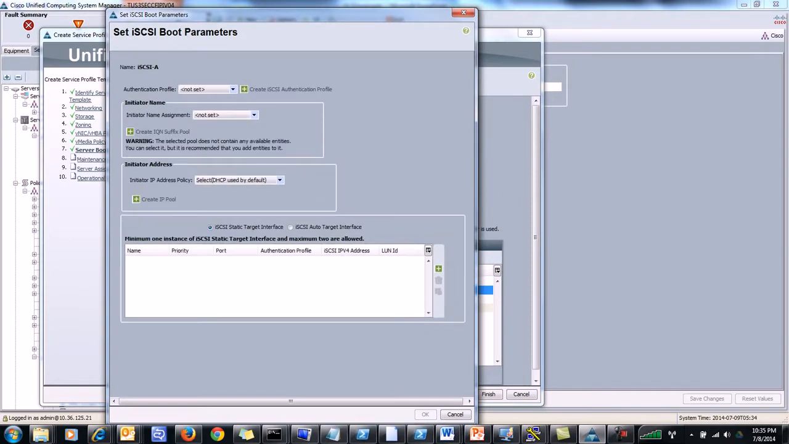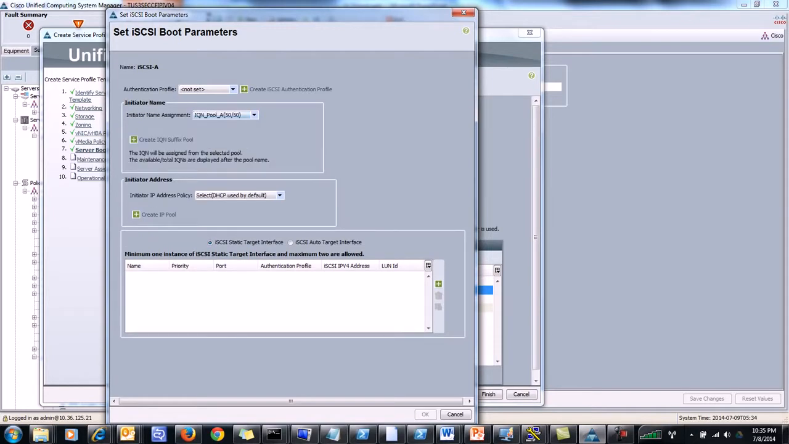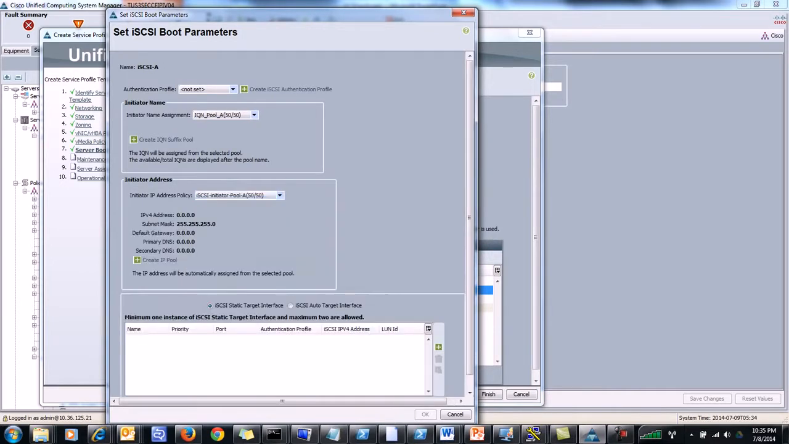So I'm providing the boot parameters now. So we have created the IQN pools. You're going to use it here, IQN A side, and then the initiator pool A, and then the target. Now, in this place, the information has to come from the storage team. On the same VLAN, they will have a target